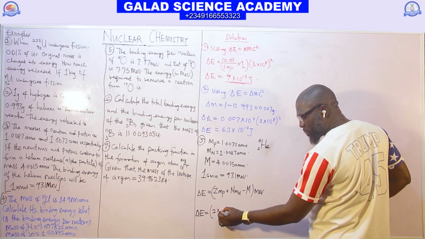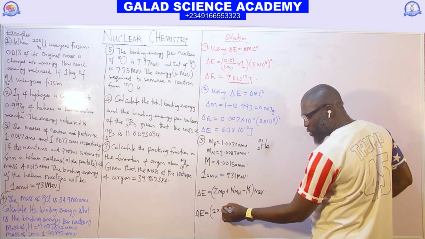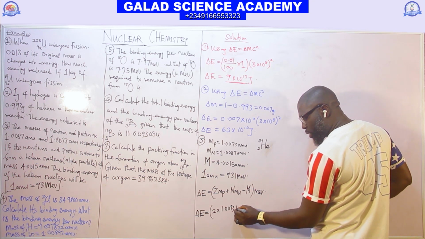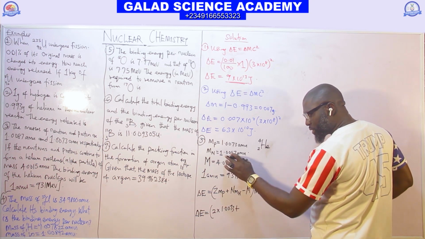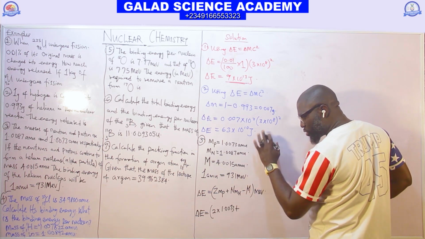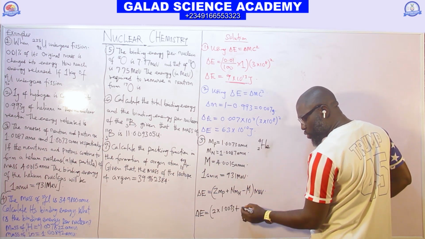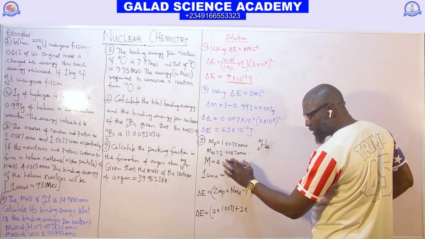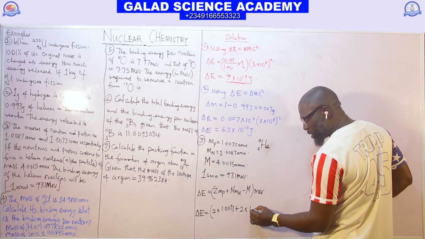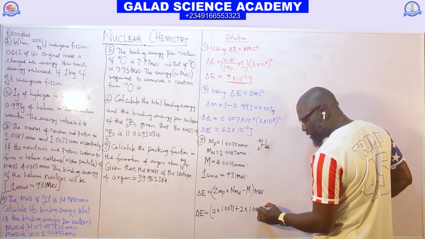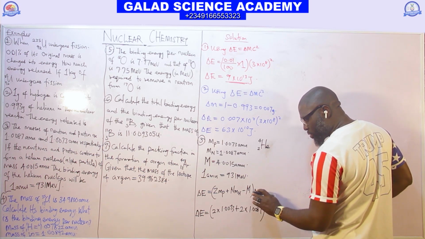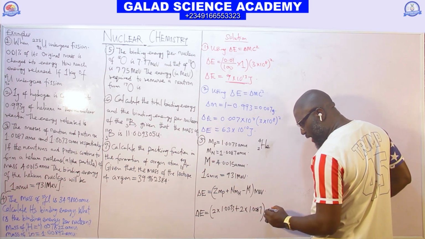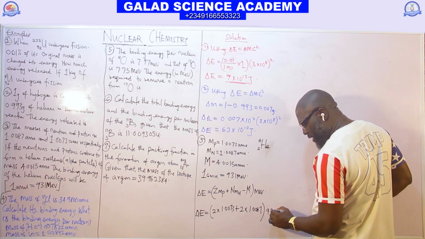1.0073, plus the number of neutrons, 4 minus 2, which is 2. This n is 2, multiplied by the mass of neutron, mn, 1.0087. So we will unify the atomic mass, which is 931